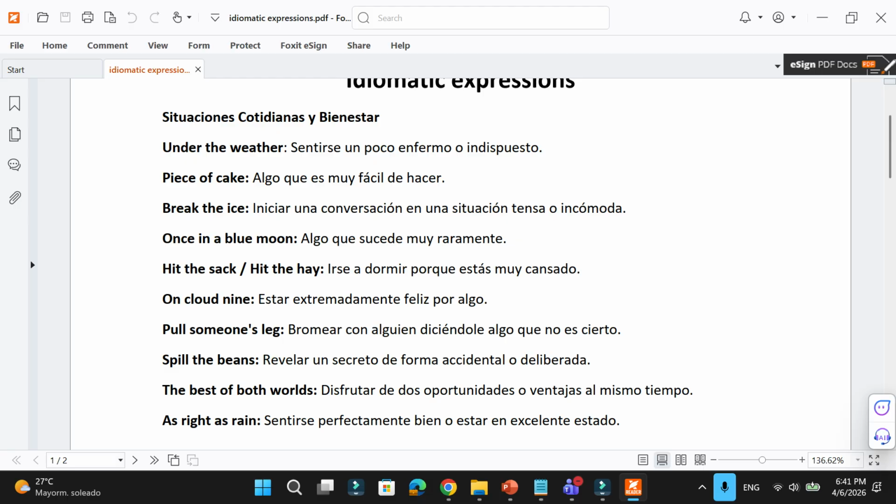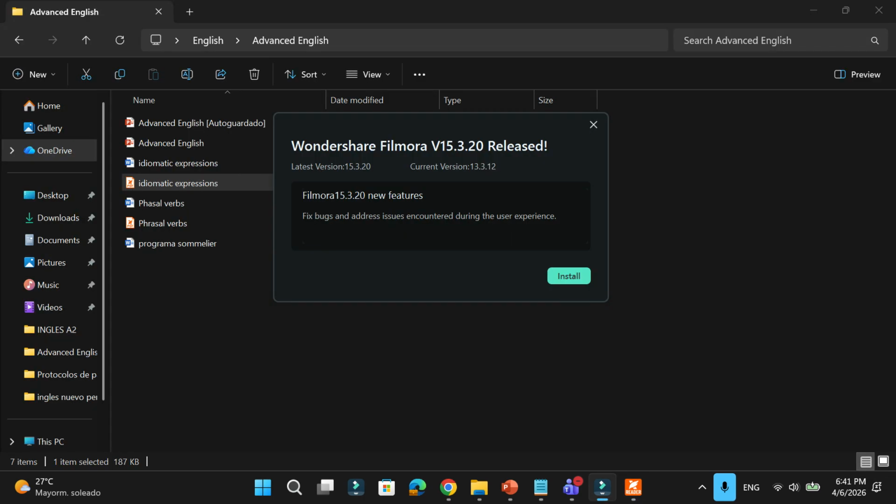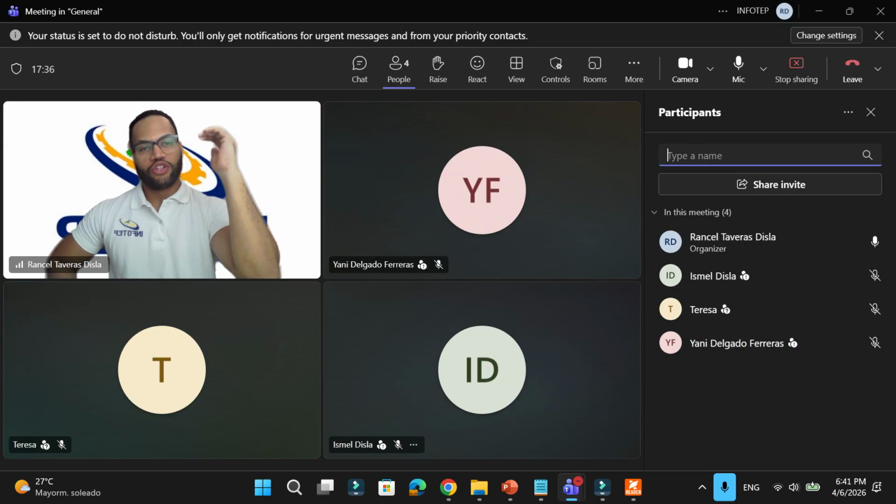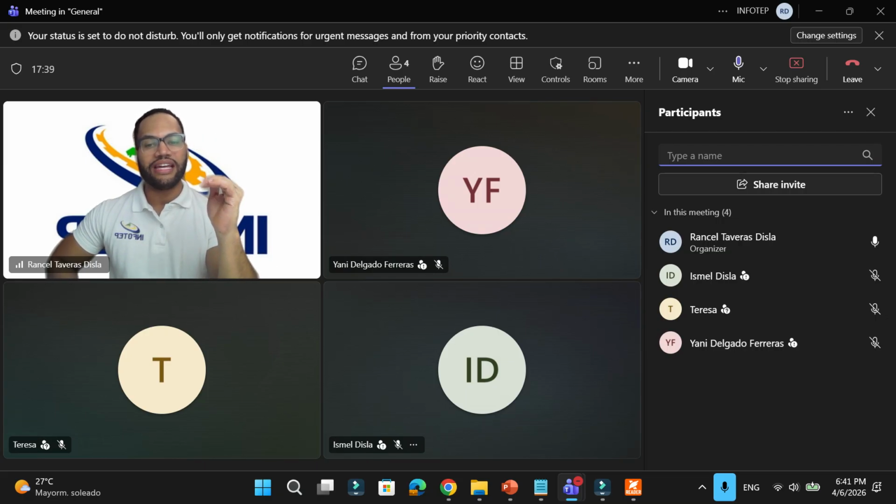What you're going to do with this is study the meaning of the idioms in Spanish, right? You're going to learn the meaning of each of these idioms, and you have to be able to use them in context. As you did with the phrasal verbs, in the practice you will have choices to identify the meaning in Spanish of these idioms, but also exercises where you have to use the idiom